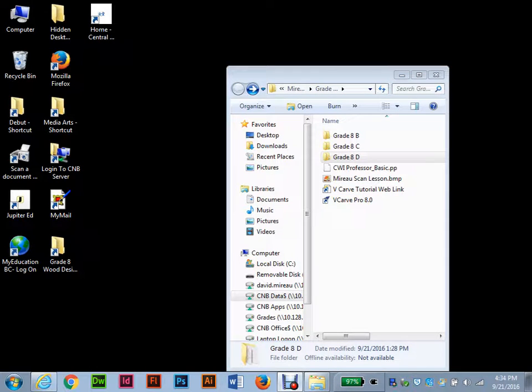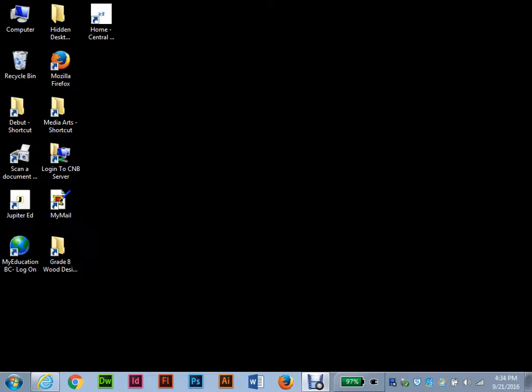Okay, so this is a tutorial on how to take a bitmap that's been scanned into your computer, or you can actually go online and find bitmaps that you can use for this, but in this particular case we're using a bitmap that we're scanning into the computer, bring it into the vcarve program, and convert the lines that you've scanned based on the picture into vectors so that you can export them to a CNC router and cut a design. So my grade 8 class is doing this, and first step they're going to do is they're going to